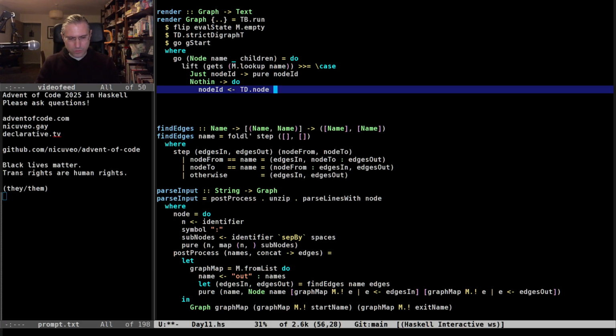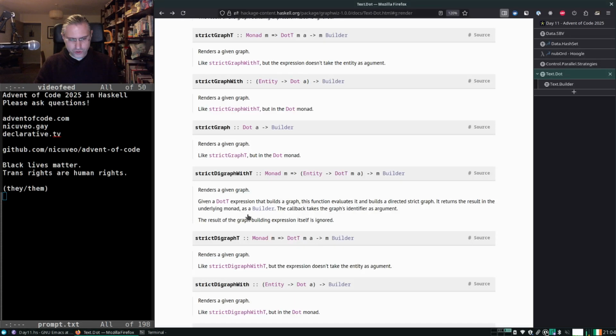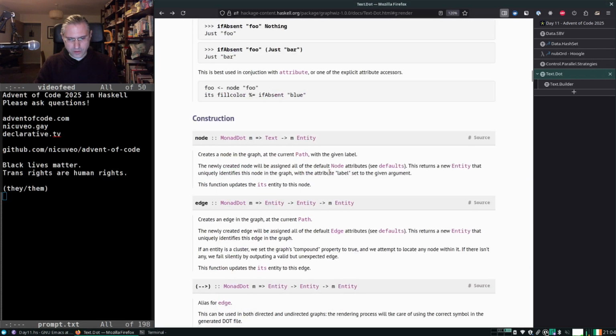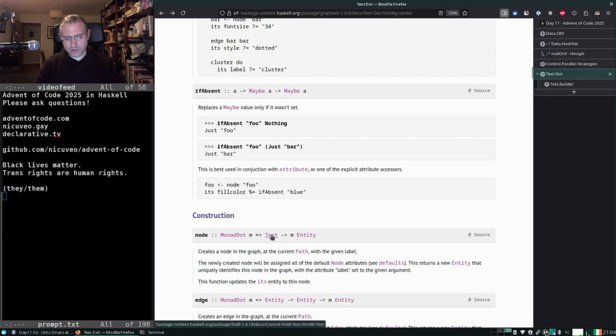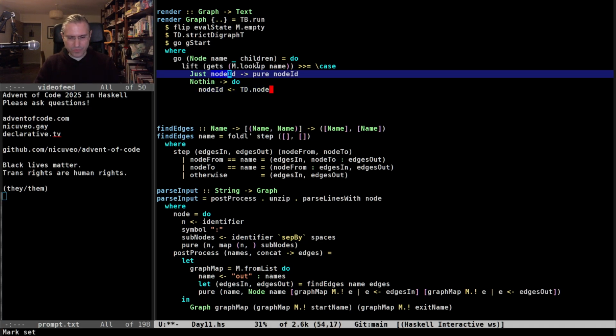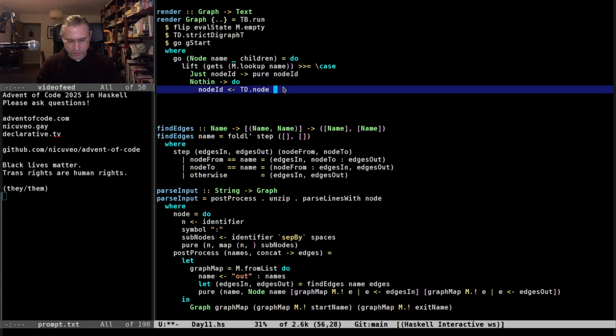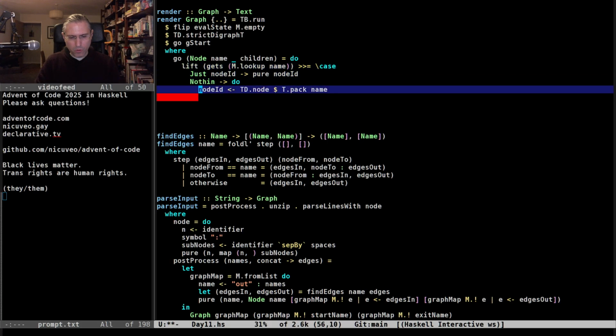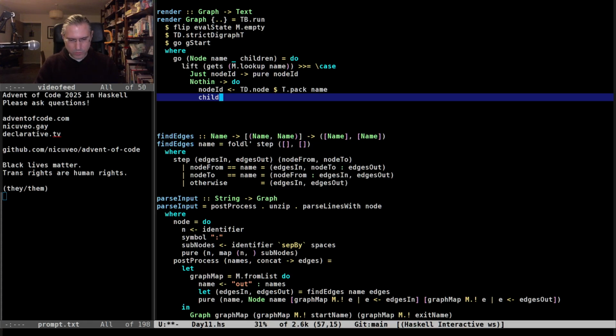And the node takes an argument, which is, how do we create things? Is it just the text? It is the text. And I have here a string, which is the name, and I just need to transform that into text with back the name. So now I have my node ID. So now I can traverse with Go all of the children. So I can then get the children IDs